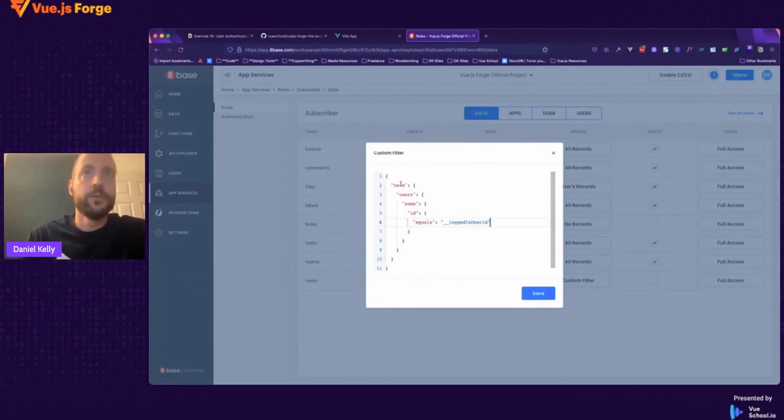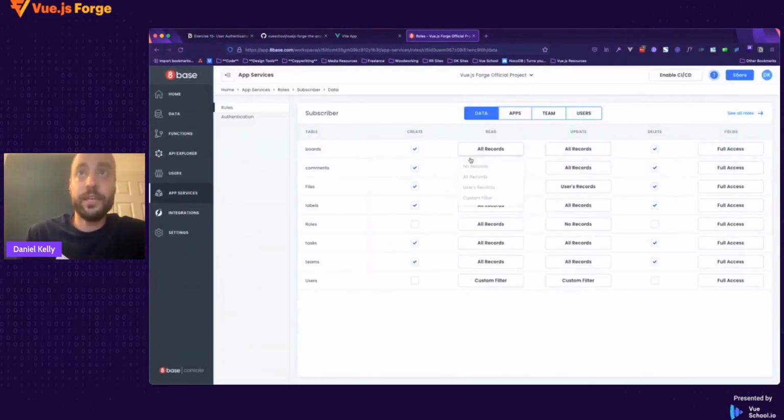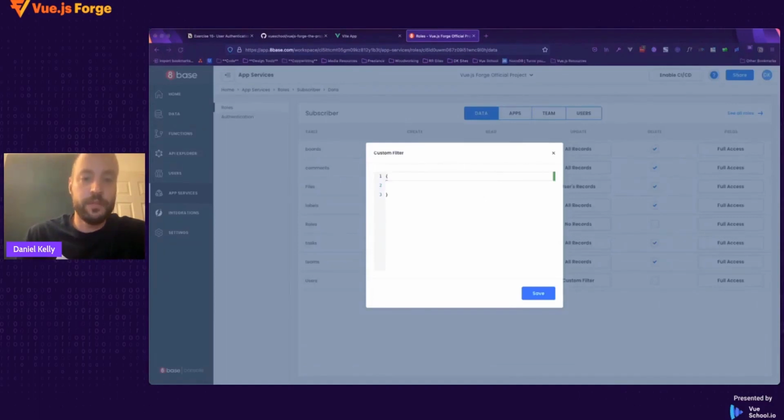Okay, so you can see how basically we're using filters. I'm more of an SQL kind of guy, but basically we're using where statements to narrow it down to what's available based on that logged in user ID. And the place that